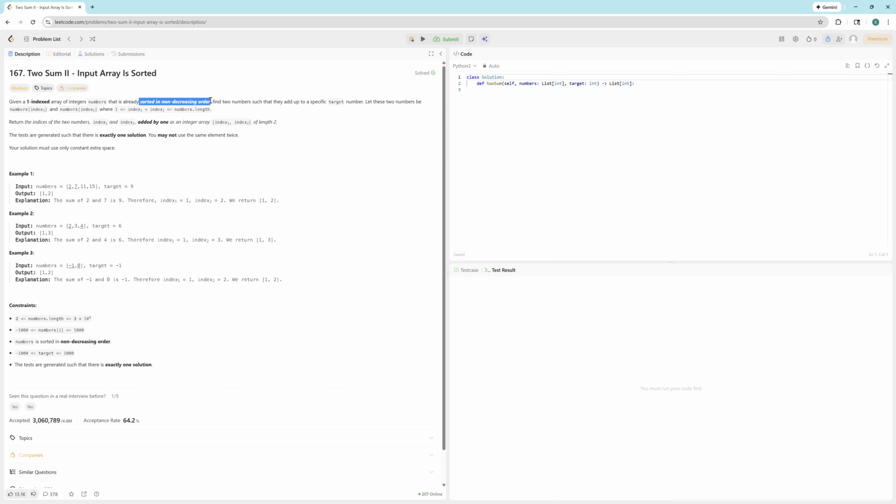This tells me that this could be a two-pointer pattern, and also that you must use only constant extra space. So I'm thinking that this could be a two pointers problem,